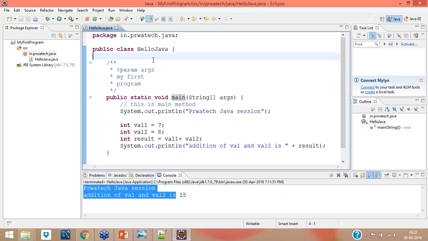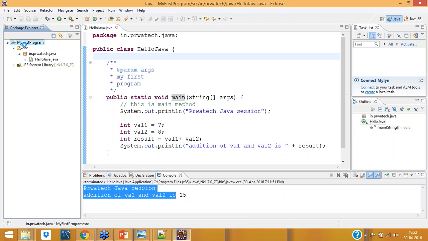Those dependency jar files I take from some other folder and put here to make it compile, or else it will show red. That means it's an external jar file that you are adding inside.